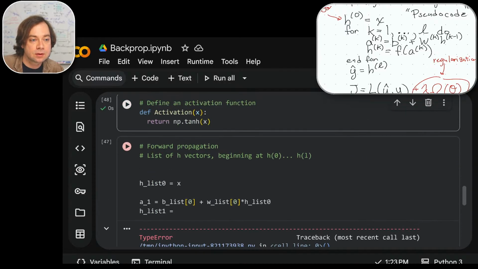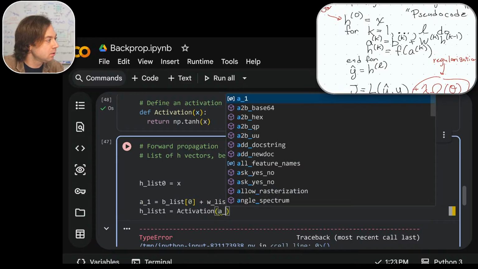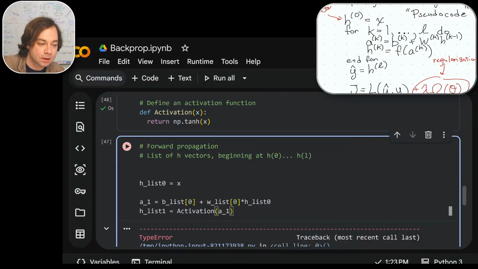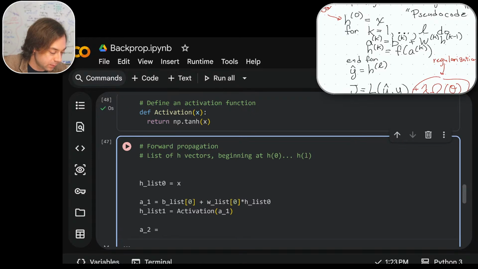Very simple. So this H list 1 is equal to the activation of A of K, which is A1 currently. So we would say activation of A1, right? That's for H list 1. Now we have to loop back around, and now K is equal to 2, which is going to be our last loop. So A2 is equal to